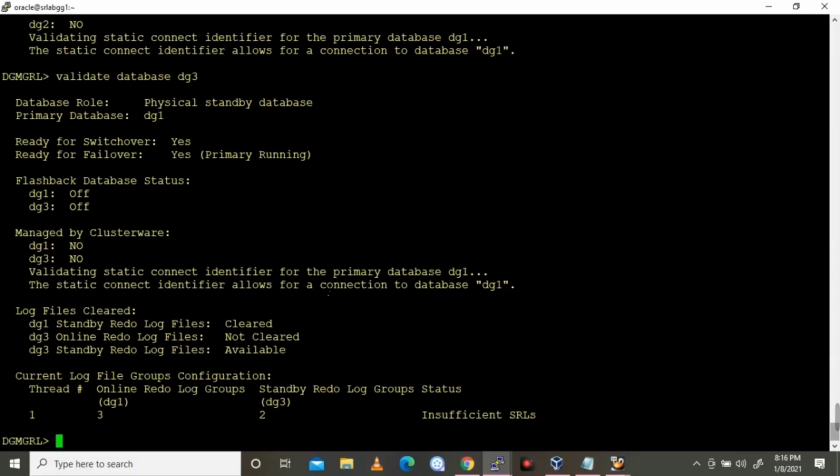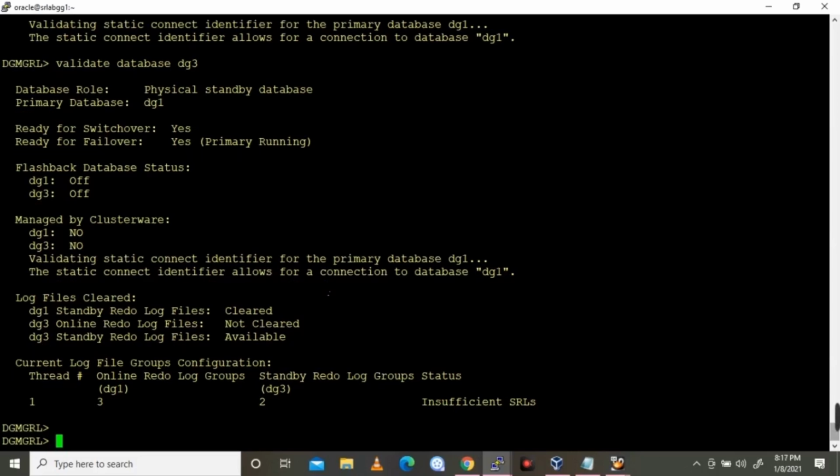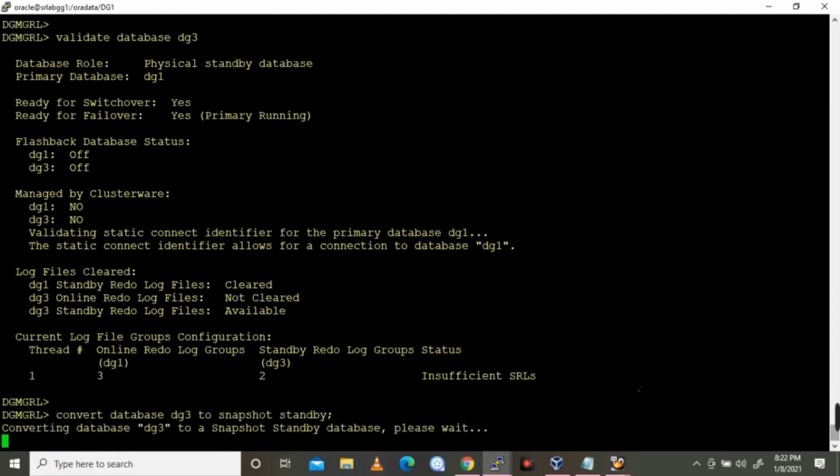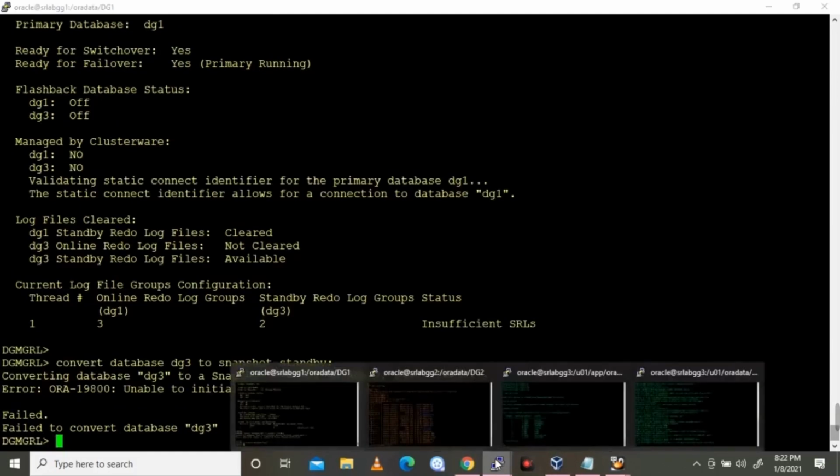I am validating database DG3. It's saying insufficient SRLs. Okay, anyway, let's go to the primary database. I am doing the convert database DG3 to snapshot standby.